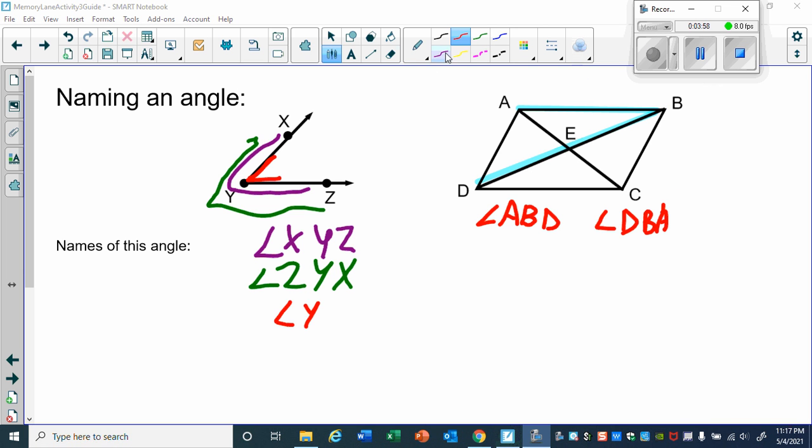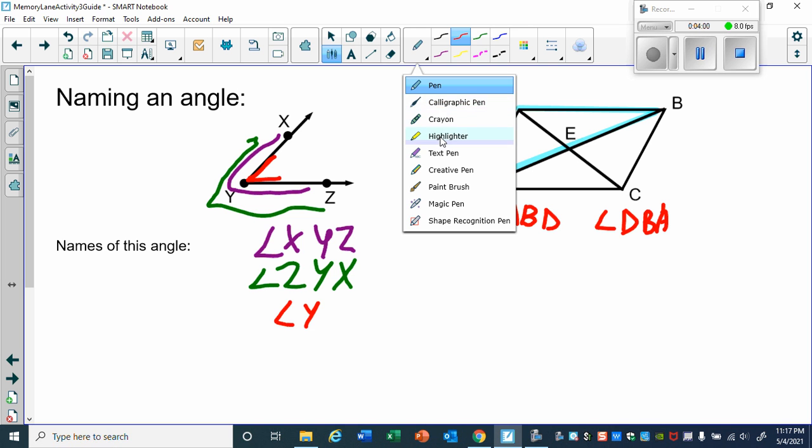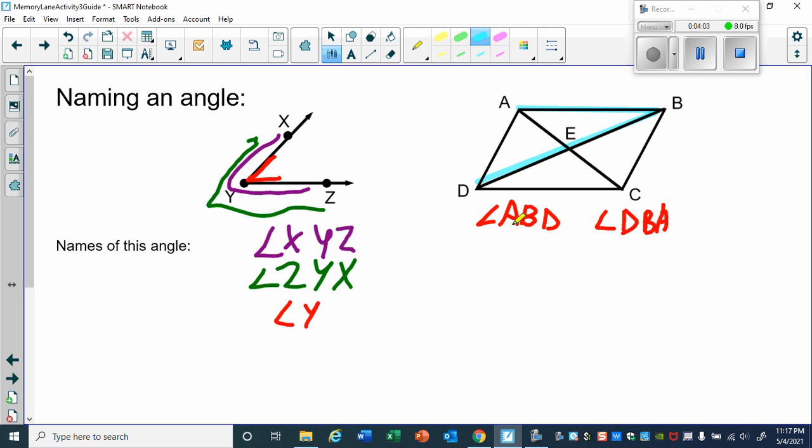Okay, another example. So after I highlight these two angle names in blue, I want you to see how they're related to each other. Now let's say we had another angle. I'm going to highlight this one in green. Actually, we're going to go from A to D, and then from D all the way to C. Now again, I apologize. All right, that's probably a little better. So in green,